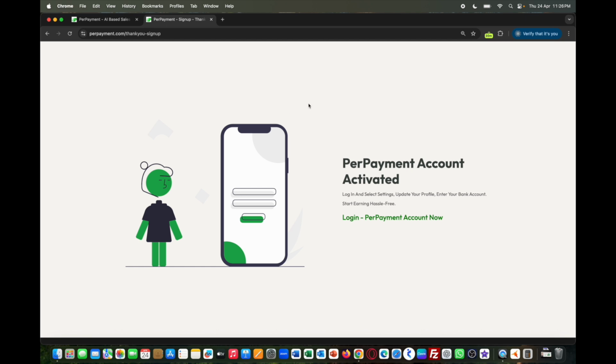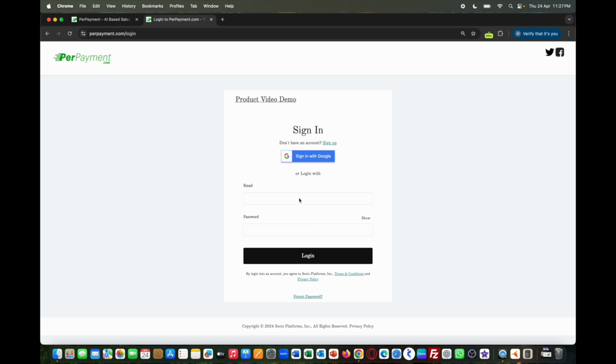Once you have received the screen, click again over here, login PerPayment account now. Enter the same credentials you have used for the login, r02 at gmail.com and the password. Click on login.